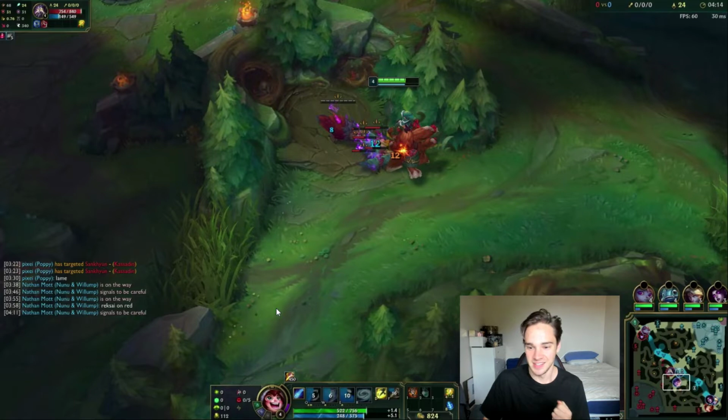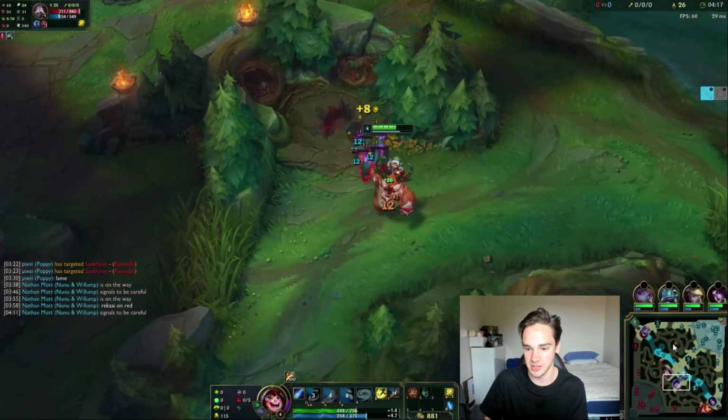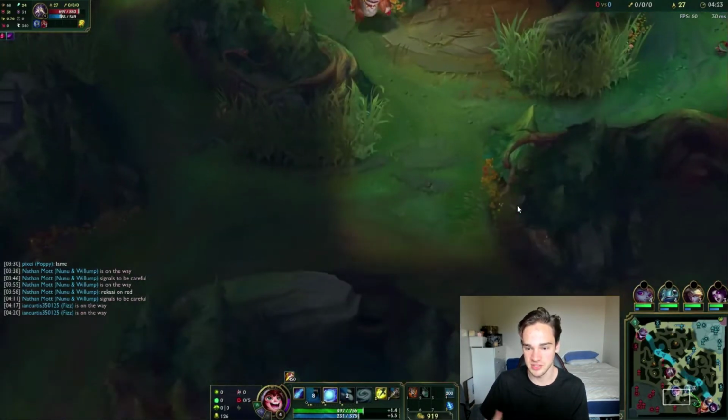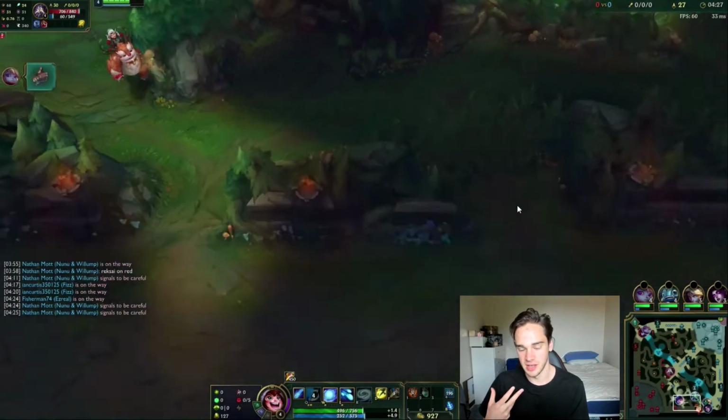Like I'm just, you know, stuff it. Let's double scuttle. Let's force him to react. Let's trade sides of the map. I feel like I'll get way more to it. I'll make Rek'Sai react to me. I know where Rek'Sai is. It's really good for me to just be avoiding Rek'Sai as a tank jungler as well, because